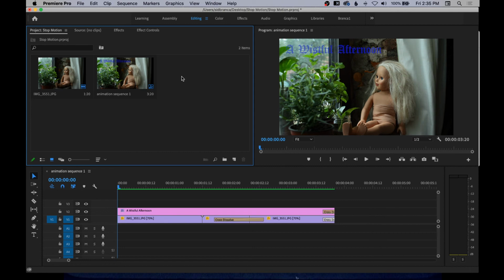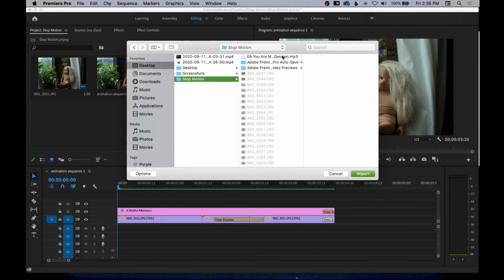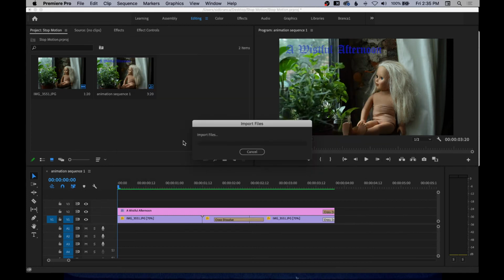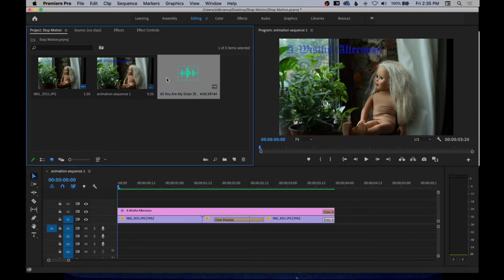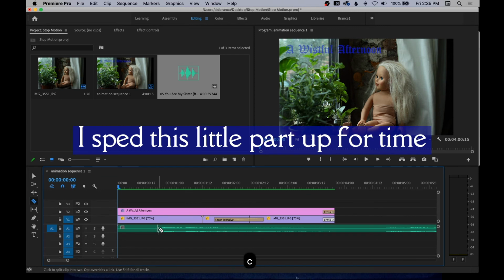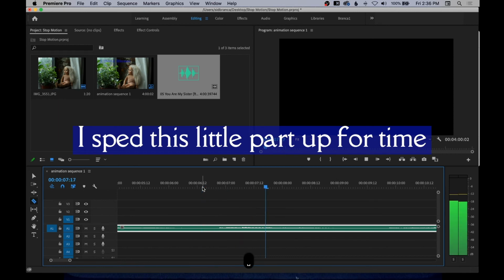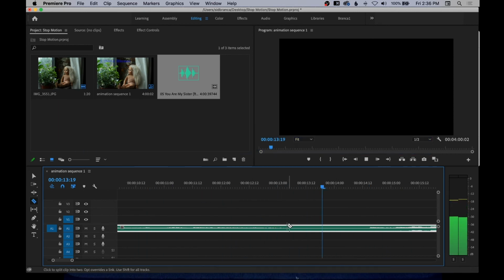To add audio, you can import an audio file by going to File, Import, and selecting your file. You can then drag it from the project window to the timeline. Use the selection and cut tools, as well as the trimming arrows, to place this audio the way you want it. Sound is not required for this project, and we'll spend more time on actual audio editing down the line. This is just to whet your sonic appetite.